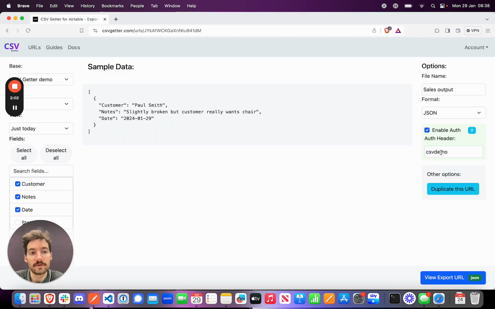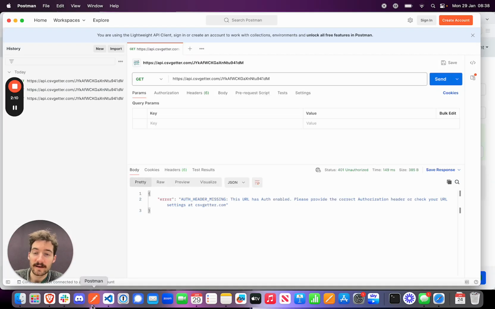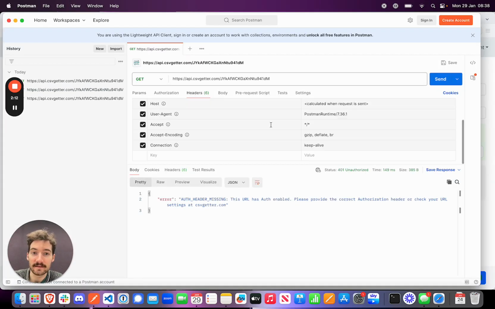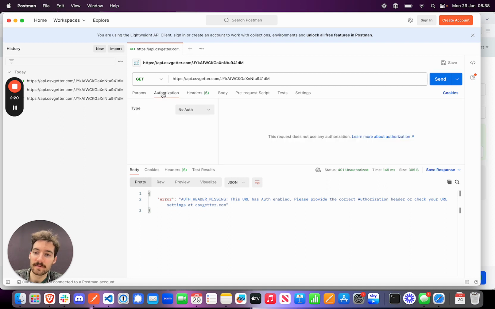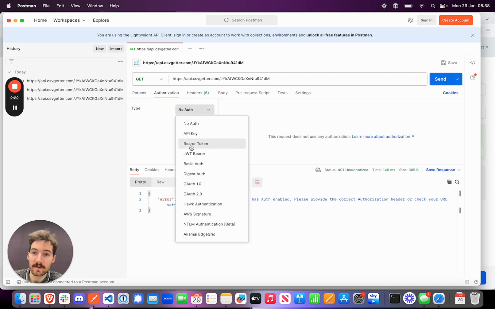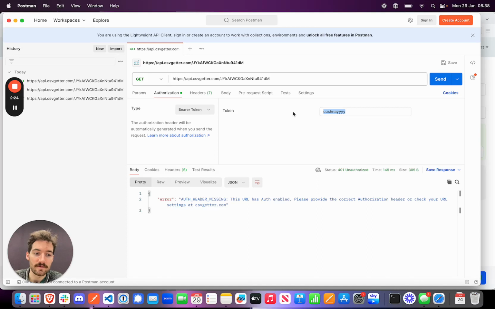Now, if you don't know what bearer tokens are and how they work, I'm going to attach a slide to this video, a guide to this video. But basically, all you really have to do is add a header. These are the headers which are passed when I make a request. You can add an authorization header. There are many ways to do it. In Postman, there's a very easy way to do it. You just do type bearer token, and you add the